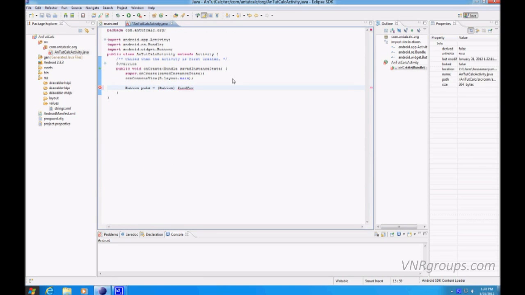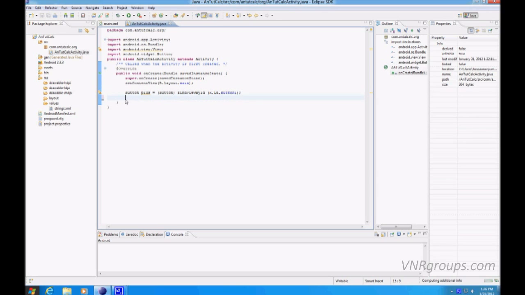Find view by ID, R.id.button1, and there you have it. Now we've created a button named plus. Now whenever a button is clicked, an action is performed. So to specify what happens when the button is clicked, we use action specifiers, in this case the on click action specifier. Let's just save this. Now to create the action listener,